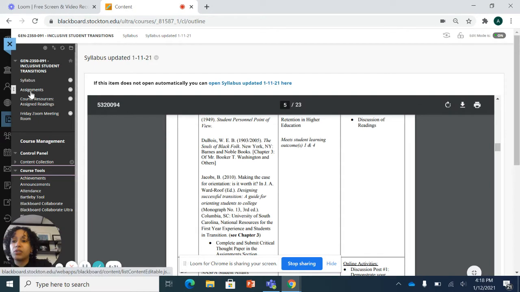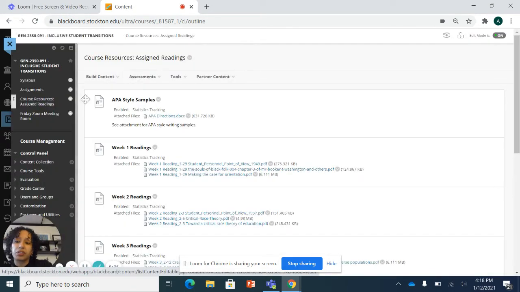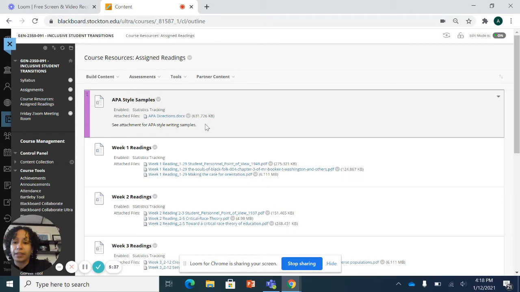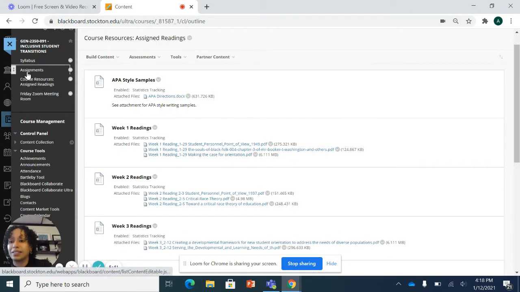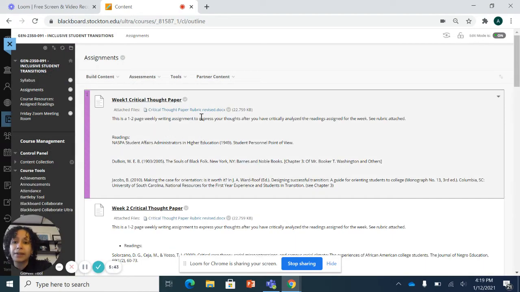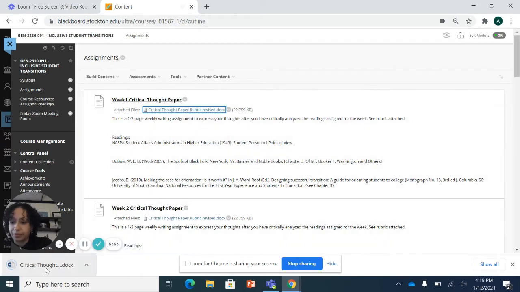And you can find the rubric for your critical thought paper in the actual assignment. So you click on assignments, and you see here are the 3 articles, which you'll be able to find in the course resources. Here's the rubric you should follow if you want to get a perfect score.